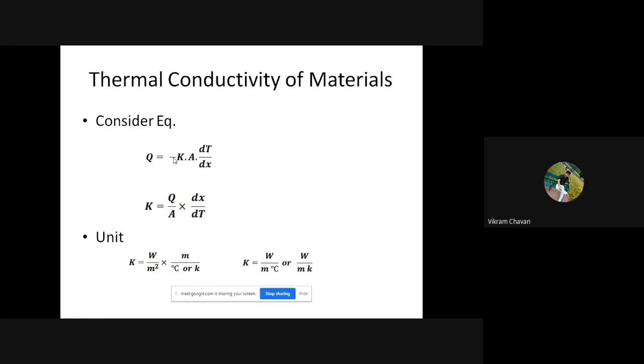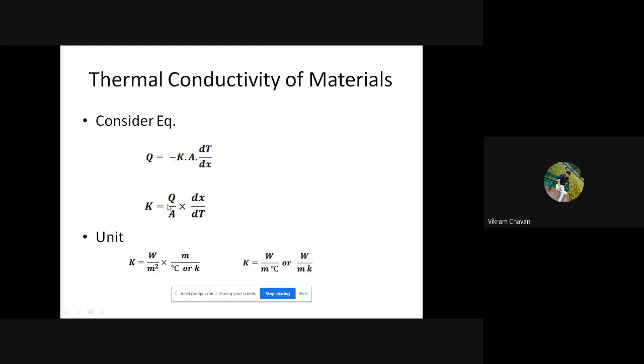We have understood why this particular negative sign is there, because this dt, that is change in temperature, is always T2 minus T1. Okay, but our heat is flowing from T1 to T2, so from the higher temperature region to the lower temperature region, but for the sake of this mathematical equation, we are taking T2 minus T1, so that this dt will be negative. Okay, and to absorb this negative sign, we have provided one extra negative sign over here, so that is the significance of this negative sign.